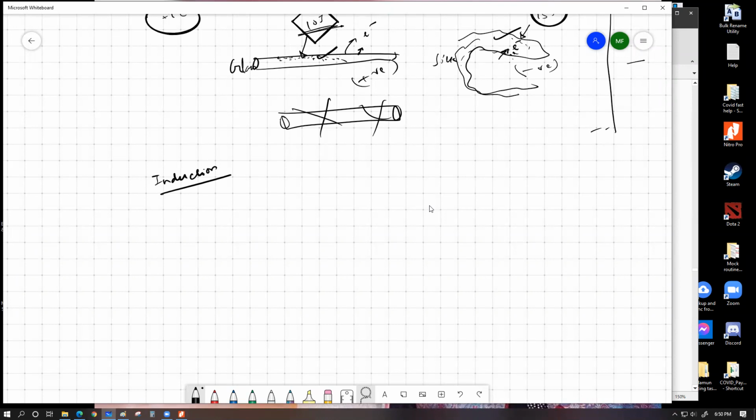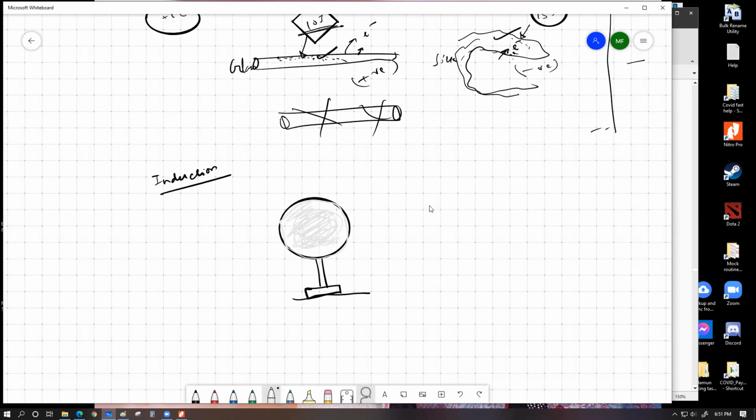Charging by induction basically is applicable for metals. The process works in a very simple way. Let's say we have a metal sphere which is placed upon an insulator stand. This is important. The stand has to be made up of insulator so that it cannot be discharged through the stand, and this is metal, so I might as well draw that with ash color maybe. So this is the metal piece,